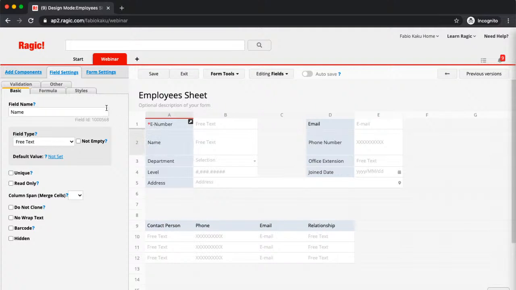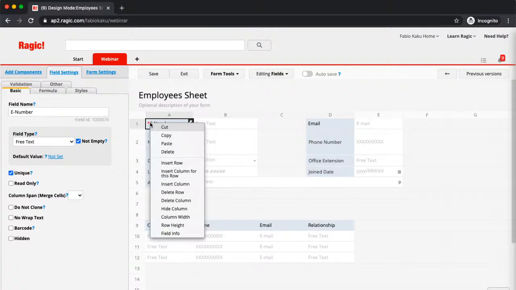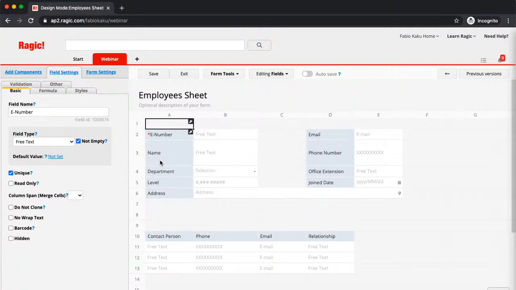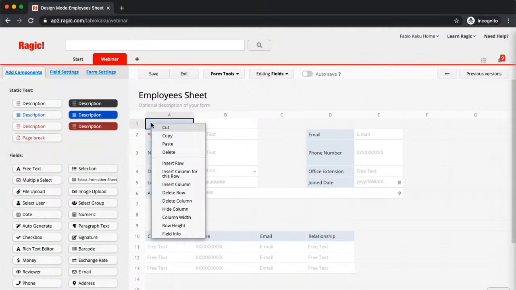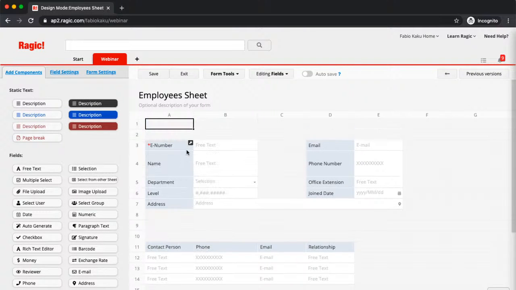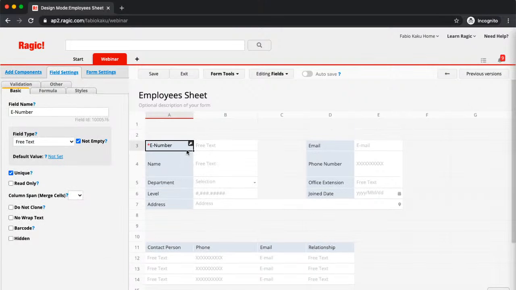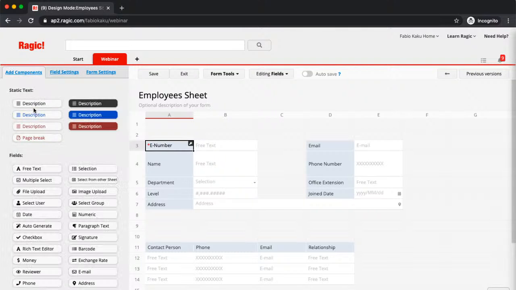And one thing that is also important when creating a sheet is to simply use description fields wisely. So I'm going to add a few more rows, and then I'm going to add a few description fields, and I'm going to tell you how it can be very useful. Basically, if you need a description field, go to add components. There's quite a few different types of description fields. I'm just going to choose the most